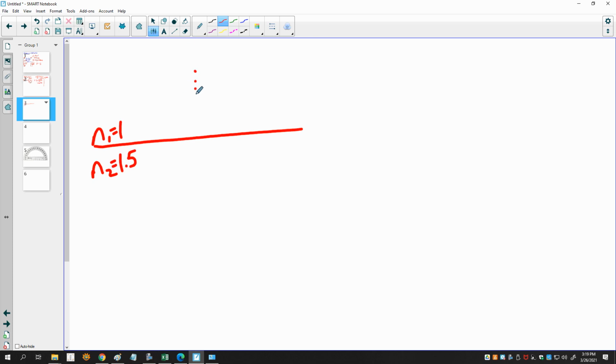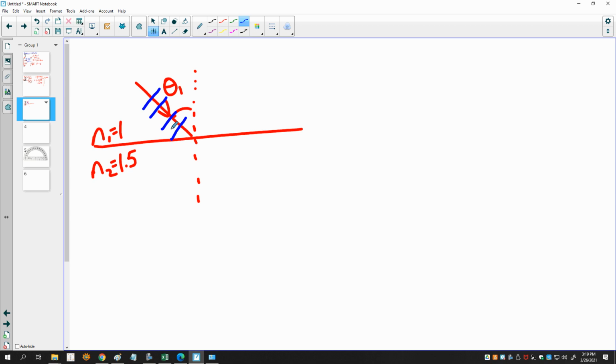If I have a light ray that is incident on this surface, and we'll call this theta 1, it's going to be the incident angle. As it's incident on that surface, it will bend. And the reason it's going to bend, if I imagine my wave fronts coming here, the reason that it bends